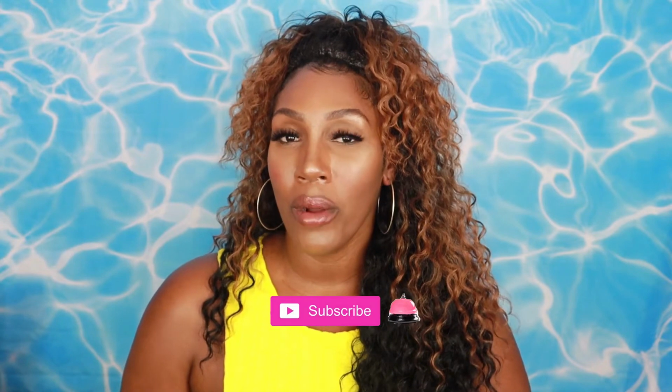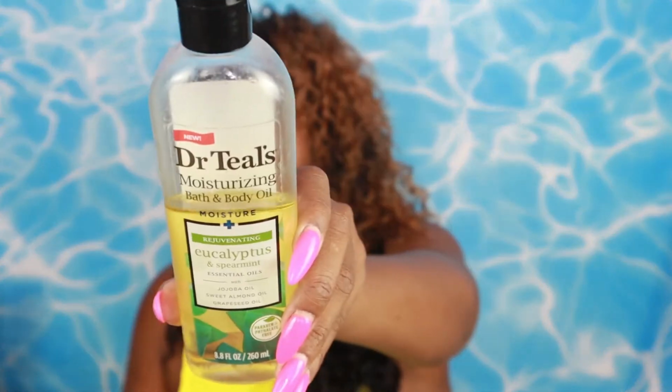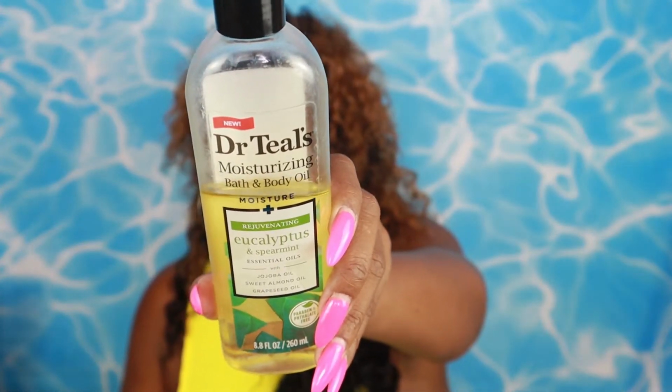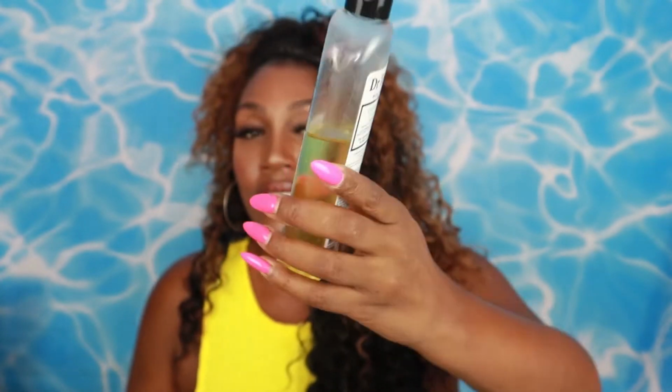I think this is number 4, but after I get out of the bath, I go to my Dr. Teal's moisturizer, and this is the Bath and Body Oil. I actually put this in the water in the bath with me, and I also slather it all over my body when I get out of the bath. Man, this oil right here smells so good. It's eucalyptus and spearmint, and it has essential oils with jojoba oil, sweet almond oil, and grapeseed oil, and it's